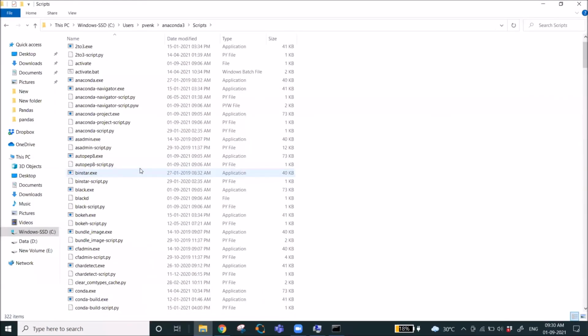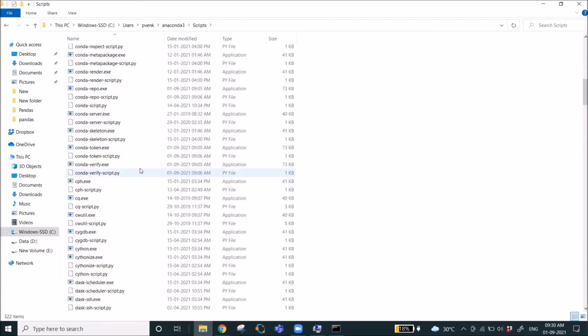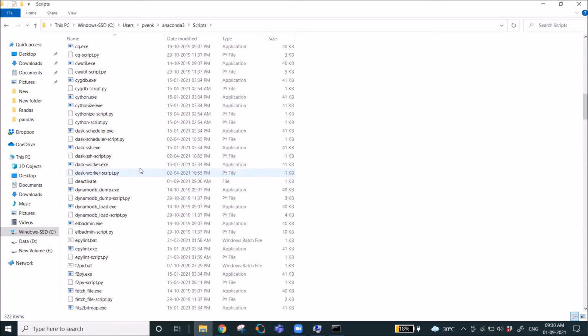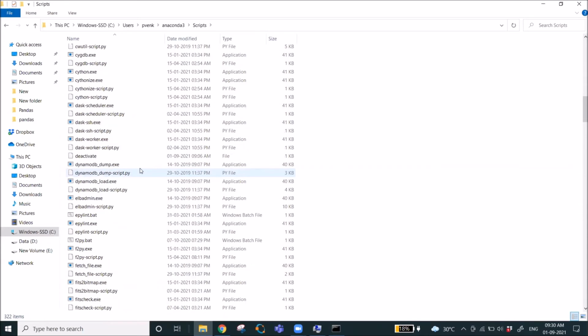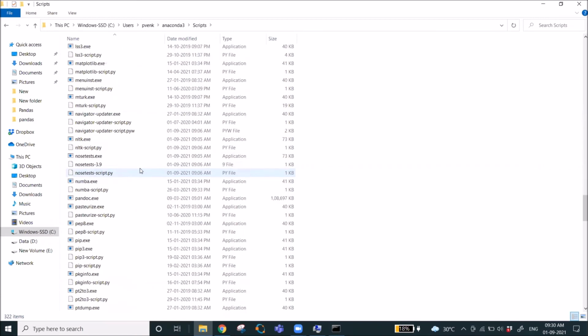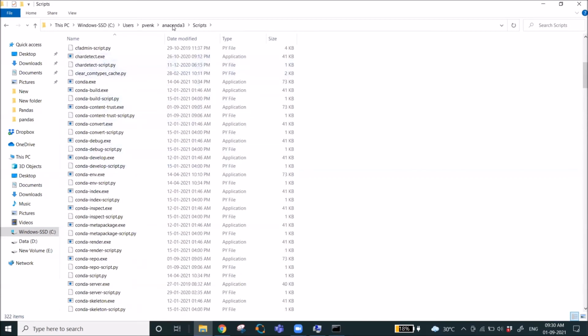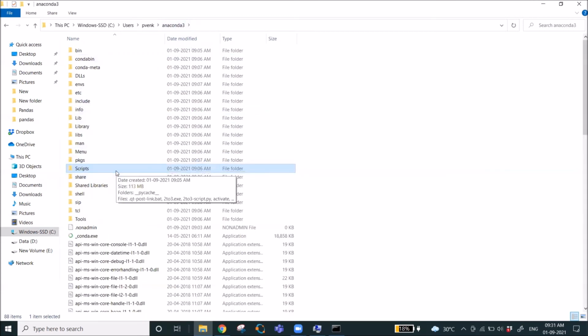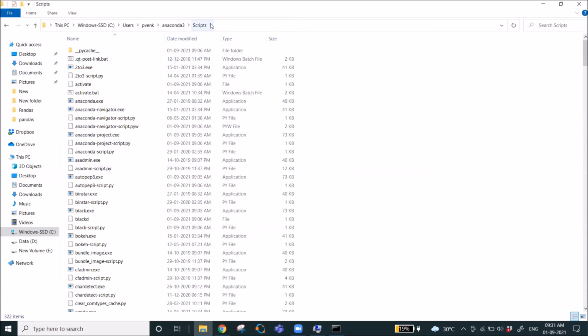Sometimes our applications like Jupyter Notebook, when we want to open Jupyter Notebook, in future I will show how to open Jupyter Notebook by using Git Bash with a single command. Wherever the Jupyter Notebook might be in your system, you can open it. So at that time, we need some applications that Anaconda is supporting. For Spyder and some other applications, when we want to open them, we have to add this Scripts path. So now I am adding this path.